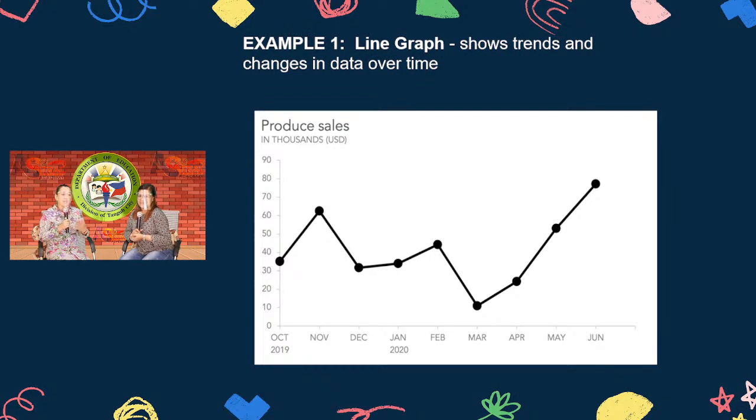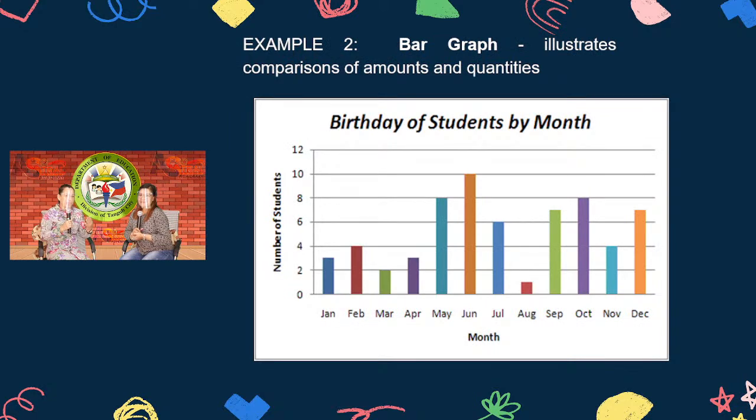Okay, well, the second one is the bar graph. It was mentioned a while ago by Ma'am Sherry that the bar graph illustrates comparisons of amounts and quantities. For example, the birthdays of students by month. So from using the bar graph, you will automatically